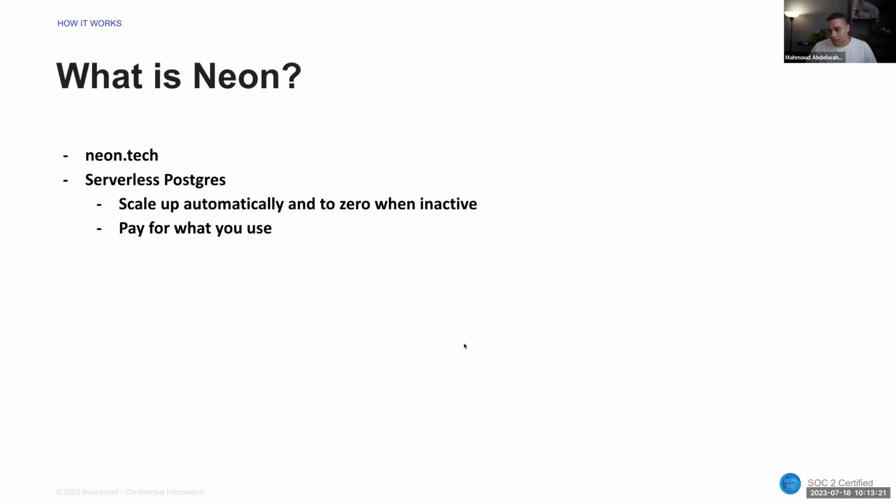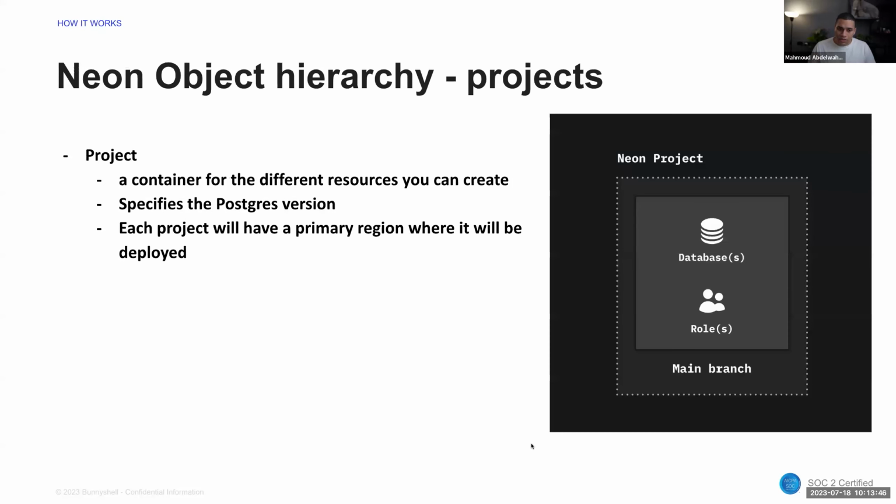And it is serverless. The reason that Neon is serverless is due to our architecture, where we separate storage and compute. This is very similar to something like AWS Aurora. And this architecture makes it possible to allocate resources dynamically based on demand. So if you need more compute, we can spin up more compute, or actually scale down to zero, which is very useful in the context of ephemeral